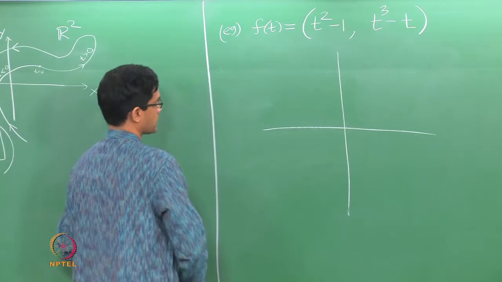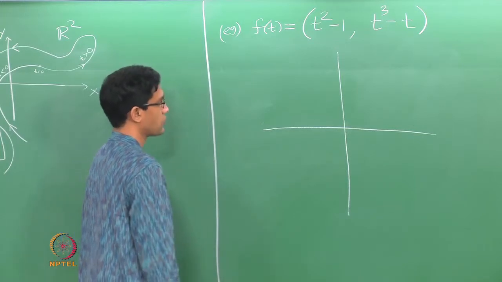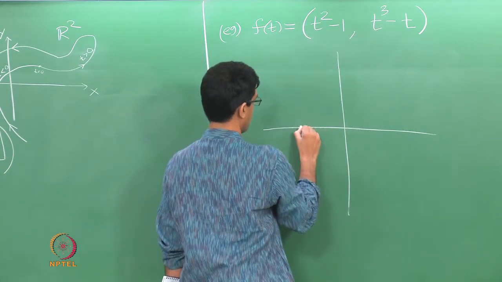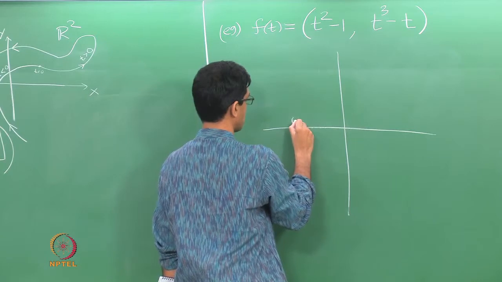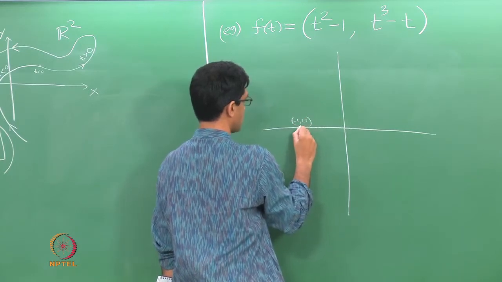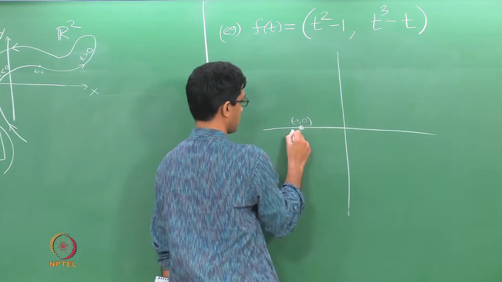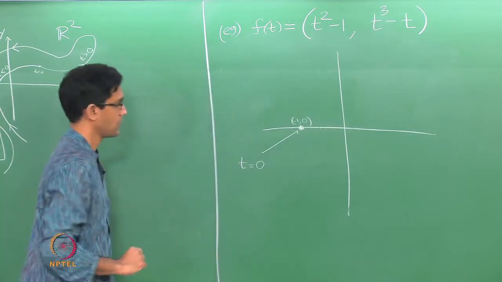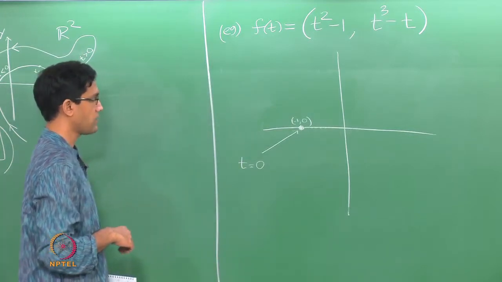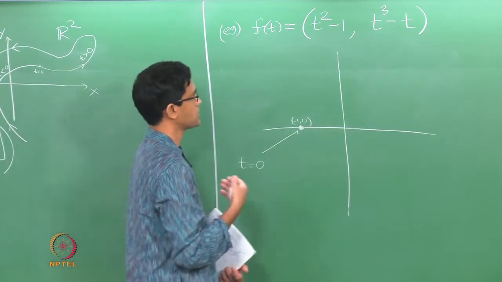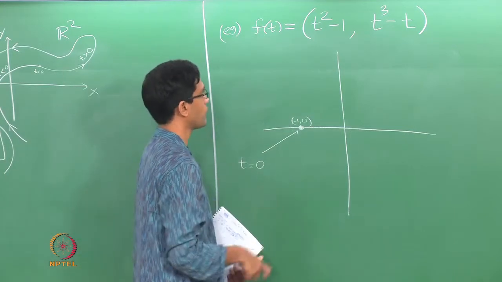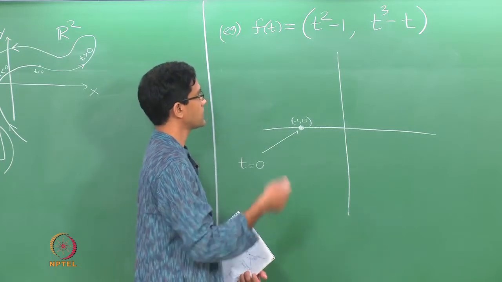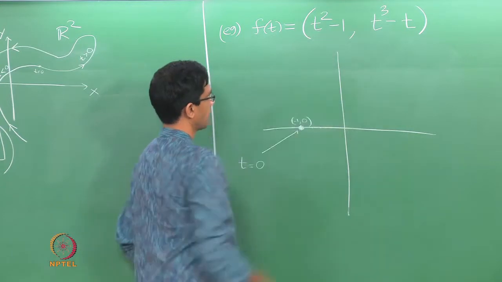So let us do the following. Let us look at where this particle is when t equals 0. So if you plug in t equal to 0, you get minus 1 comma 0. So this point here on the x axis, minus 1 comma 0, this is the position of the particle at time t equal to 0. Okay. So let us just denote that this is the position at t equal to 0, and then we see what happens as time increases, or in fact as time decreases. Whatever you do to time, either increasing or decreasing, observe that t squared will always be positive.